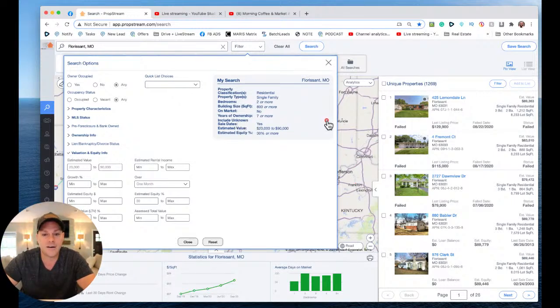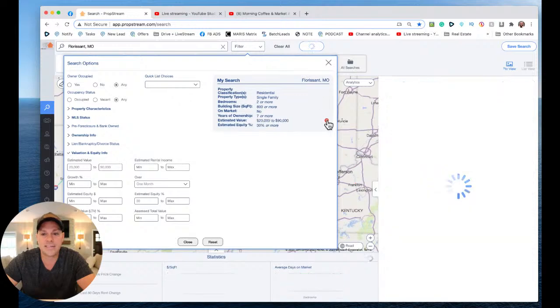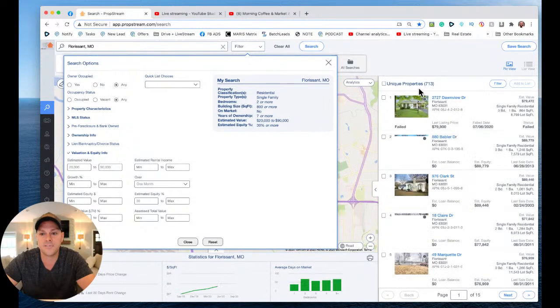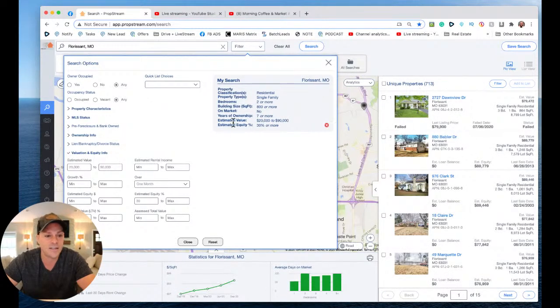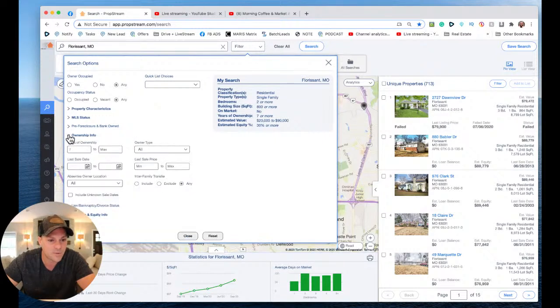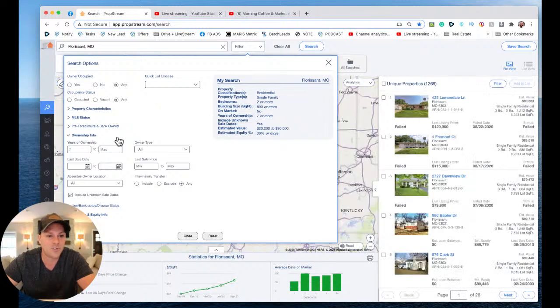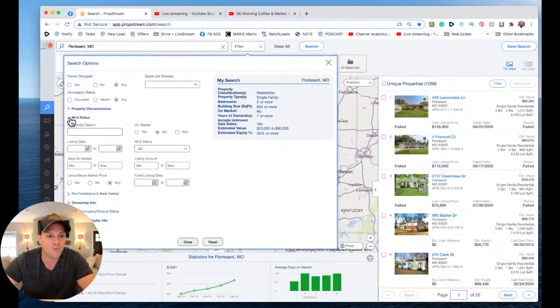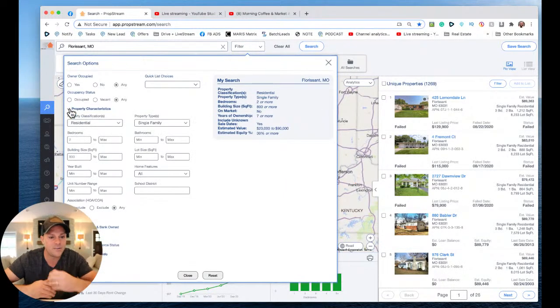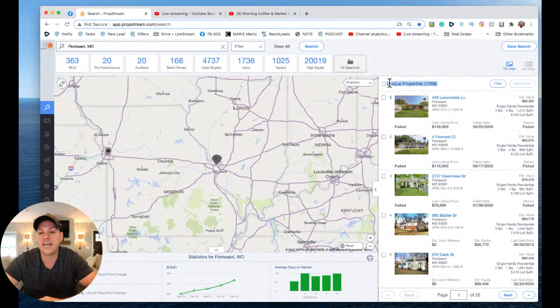Now I could take that off by clicking this X, and that's going to take my number from 1,200 to 713. So having the unknown sales date is probably something that I want to keep in there, which I can check this box right here to add that back, and that puts me at 1,200. So if I wanted to narrow this down even more, I could, but quite honestly, 1,269 is a